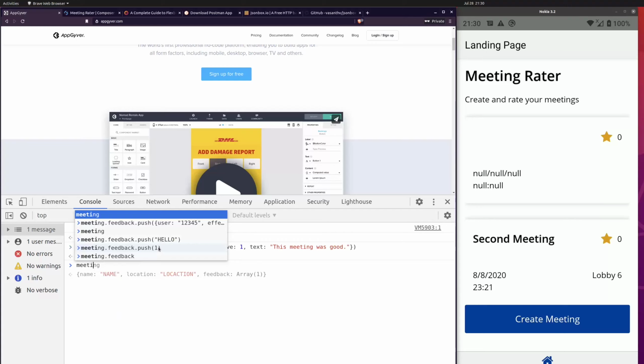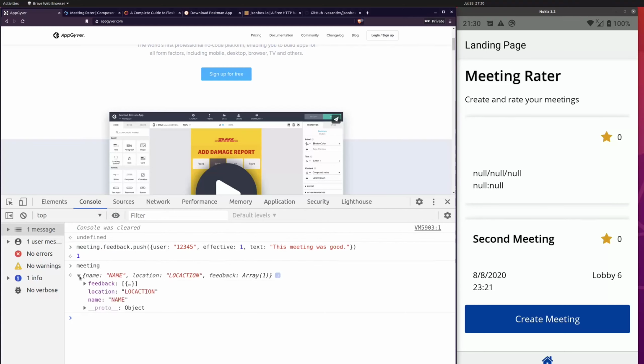Okay, let's take a look at meeting. What we have now is this object pushed into that array. You can see that by the square brackets indicating an array, and inside the square brackets, so it's an array, so you can open it. You will see that the first element with the index 0 is an object. And that's exactly what we need. So we just need to execute this code,